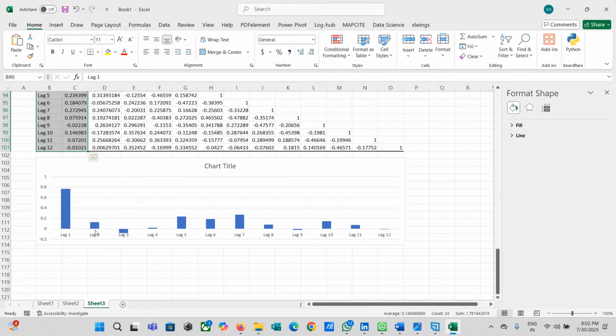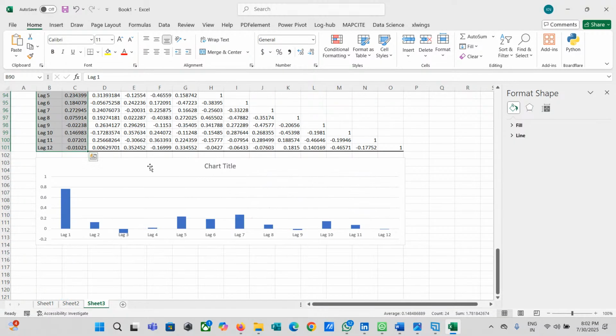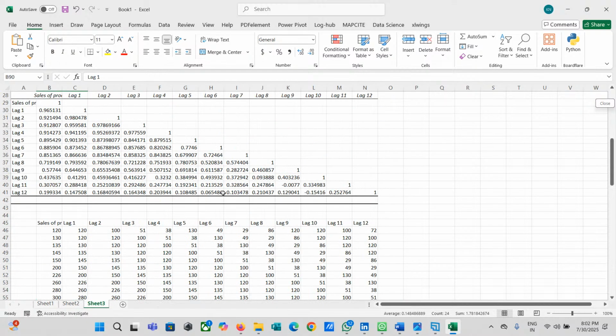So there is no significant correlation after lag 1 or lag 2. But in the case of the normal sales data, we see a significant correlation till lag number 12. So there is a serial autocorrelation present in the sales data. But when we look at the difference data, the correlation is dying at 1 or at 2. It depends upon the analyst, or upon the model, or we can go with the simulation of both the lags.